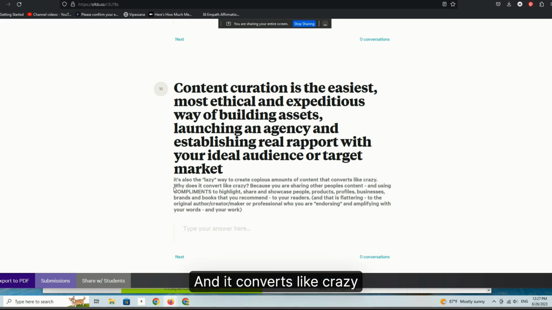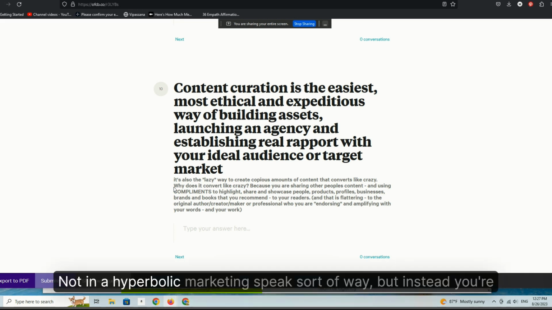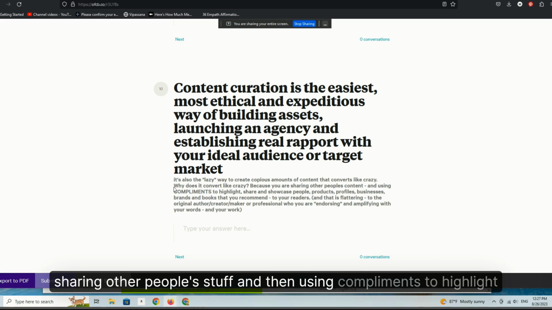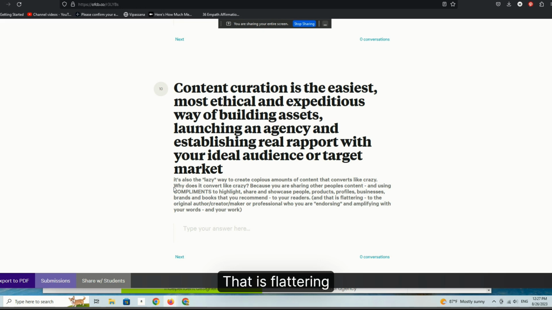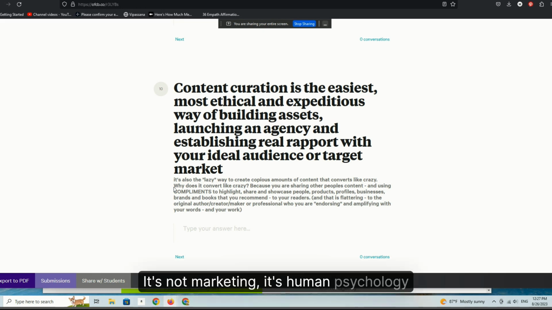And it converts like crazy, not in a hyperbolic marketing speak sort of way, but instead you're sharing other people's stuff and then using compliments to highlight and showcase people, products, profiles, businesses, brands, books, whatever it may be, that you recommend to your readers. That is flattering. It's not marketing, it's human psychology.